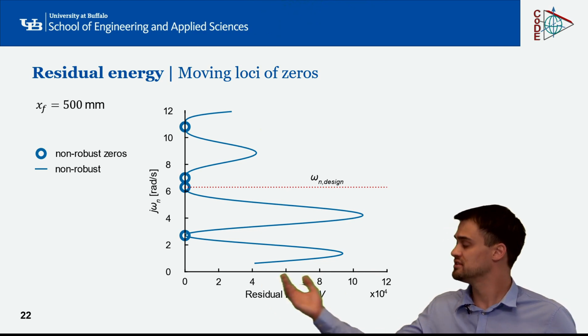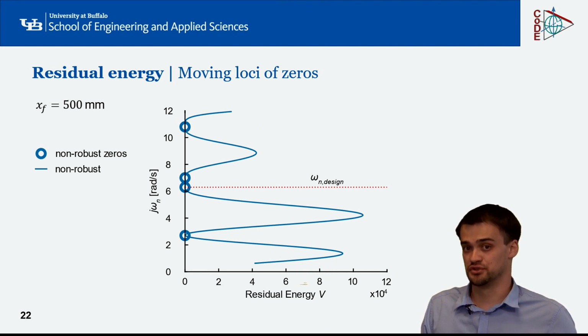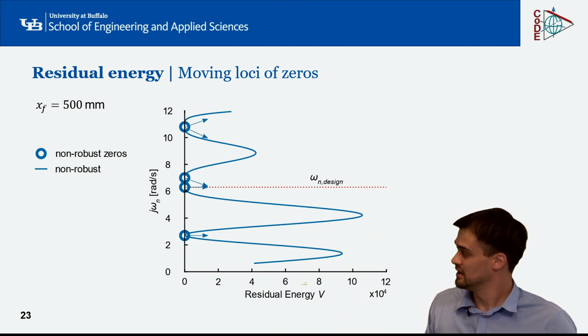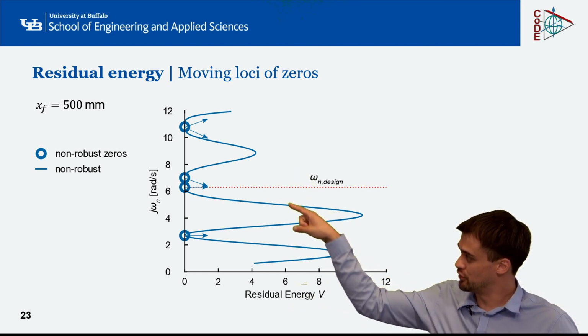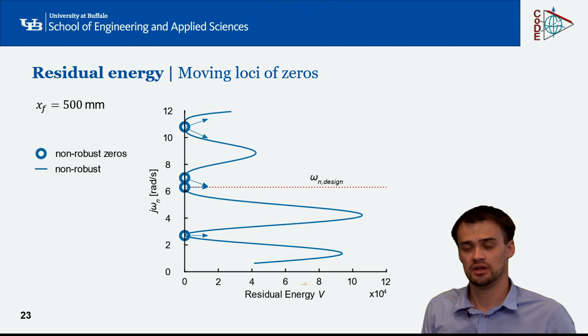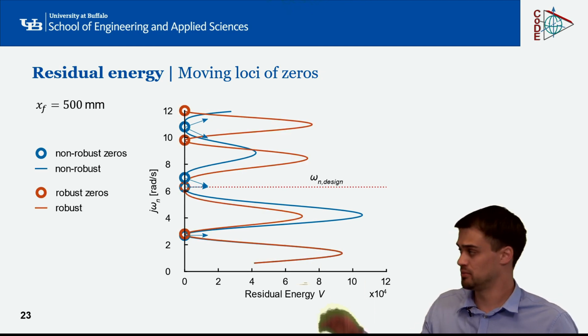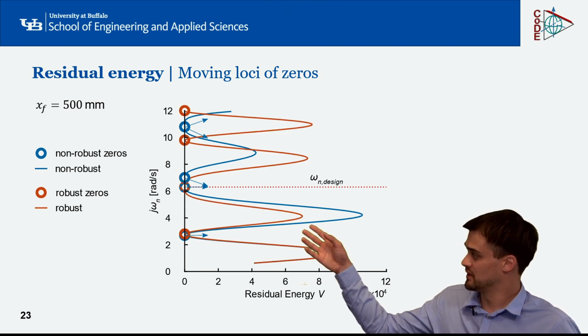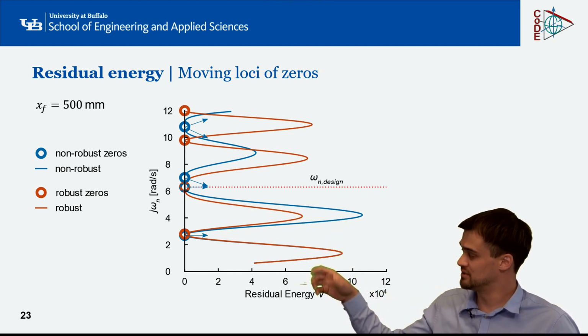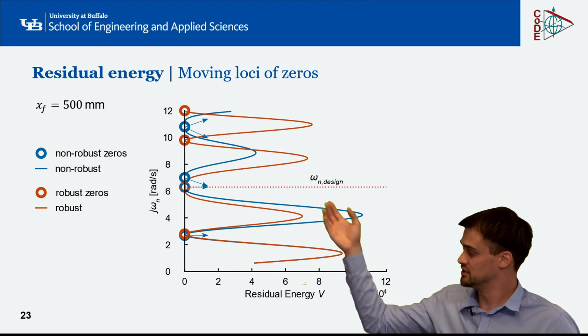And I can, for instance, illustrate now, if I'm increasing the maneuver, in which direction those zeros would move, which is highlighted by the arrows here. You can see that this and this zero are going to collapse as we've seen previously in the animation. Plotting, for instance, now the residual energy of a robust controller on top of this, we can see the following. At a specific final displacement, these two zeros are getting overlapped